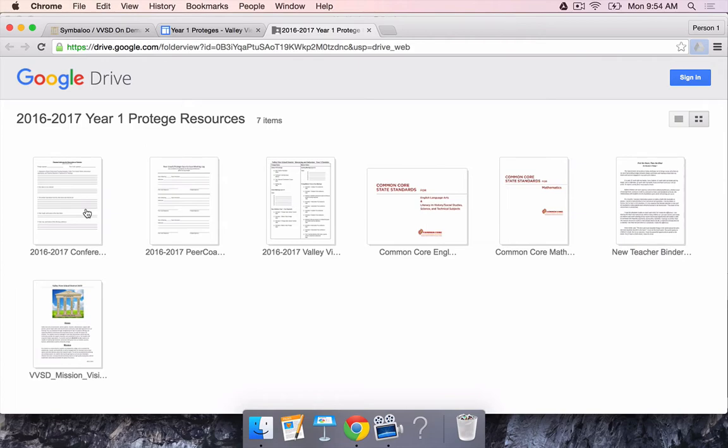This is a peer coach form that just documents the dates and times you met and with a brief description of what you talked about, just in case you need to refer back to that. It's also good to keep these forms electronically just in case we need them for evidence that something actually occurred, or in a case of an audit later on down the road, that you'll have them in one location. So we're going to close this resource page out now.